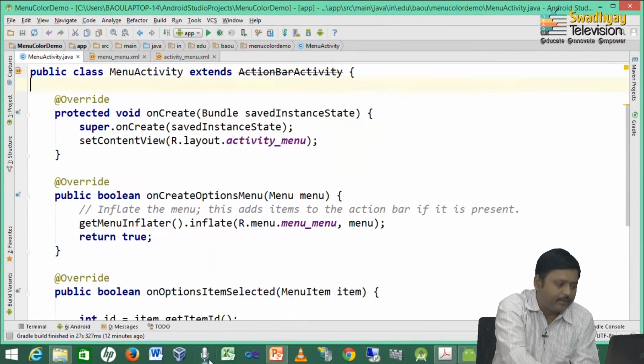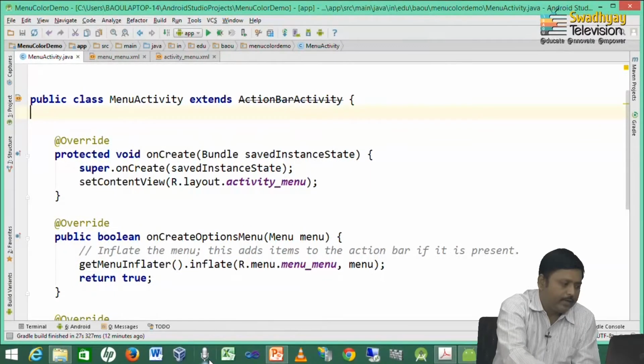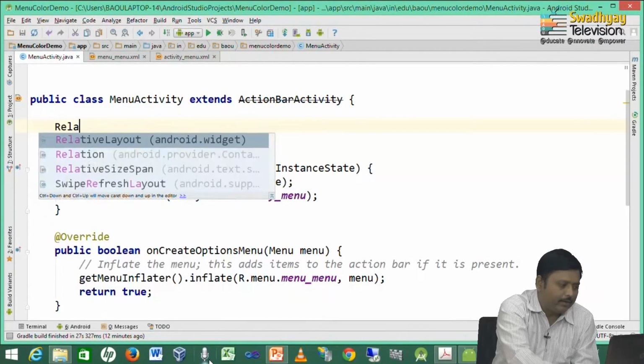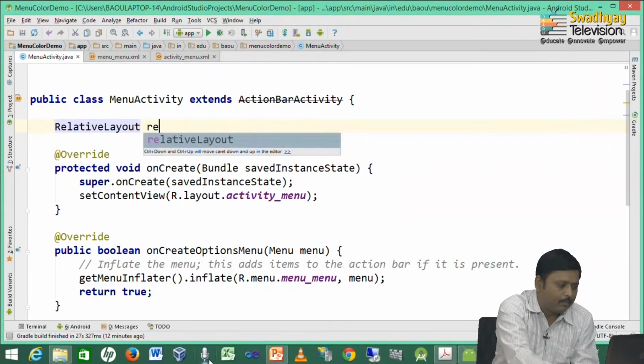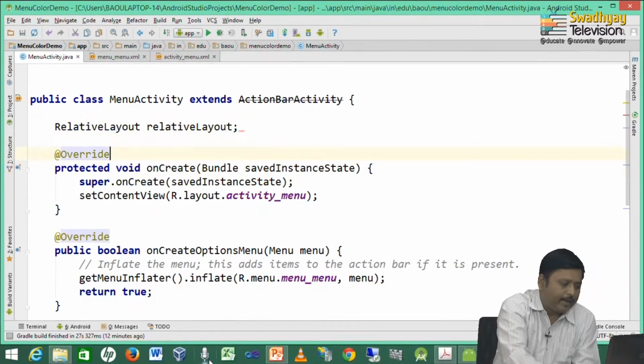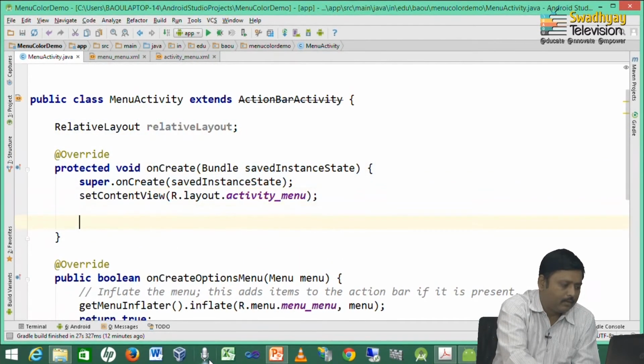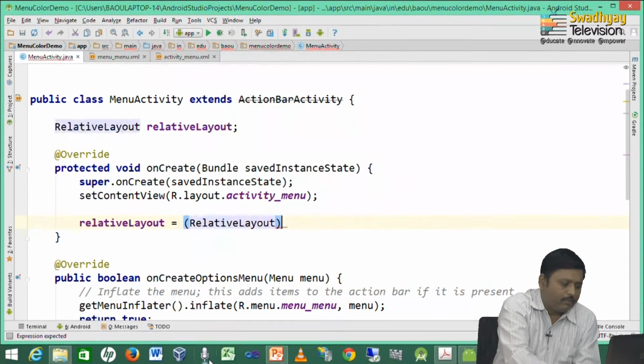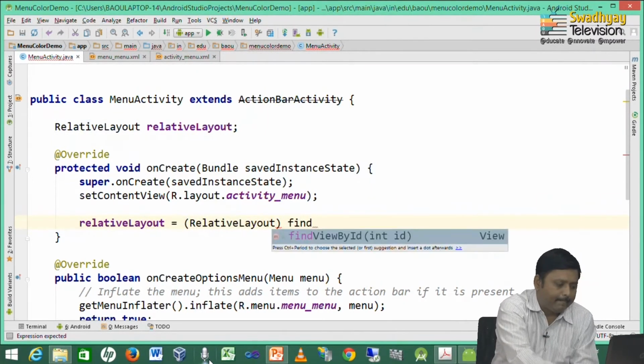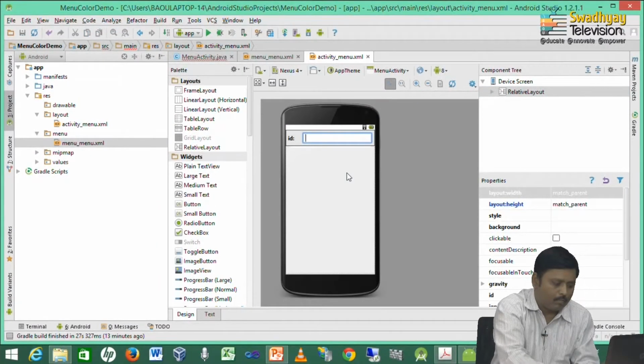So, here I take a reference of the relative layout. So, here I declare one RelativeLayout object and take its reference by using findViewById. Here the ID we specify is the ID for the relative layout.